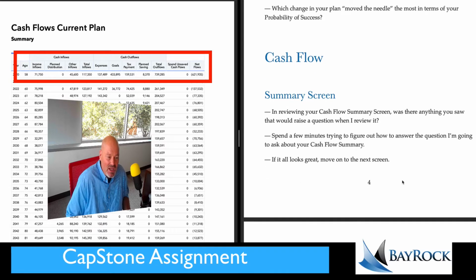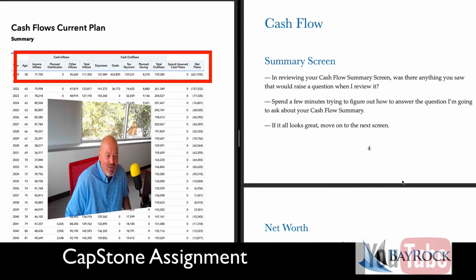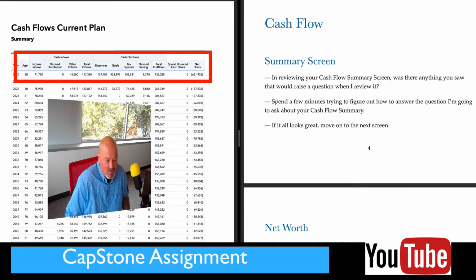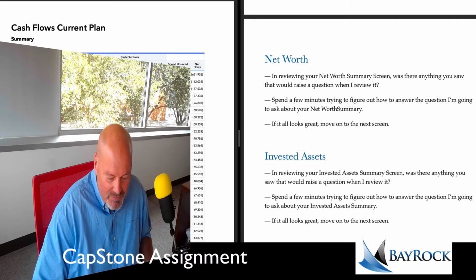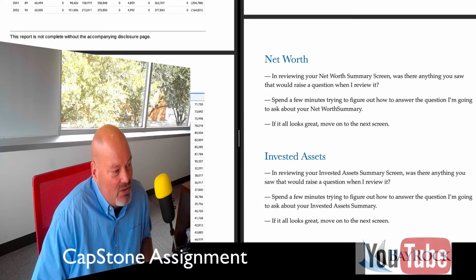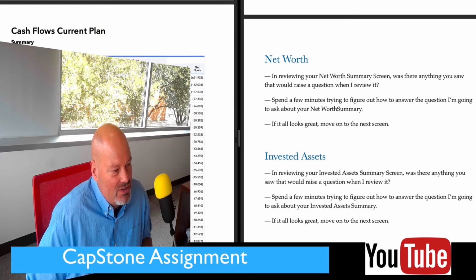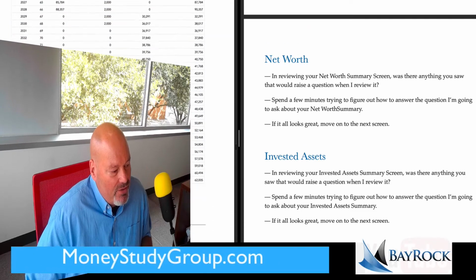So that's the cash flow summary screen. Review it, see what there is that might make me question it. If it looks great, if there's no issues, just move on to the next screen, which is under cash flow again, net worth. So let's see if I can get these two pages to sync up. In your net worth,